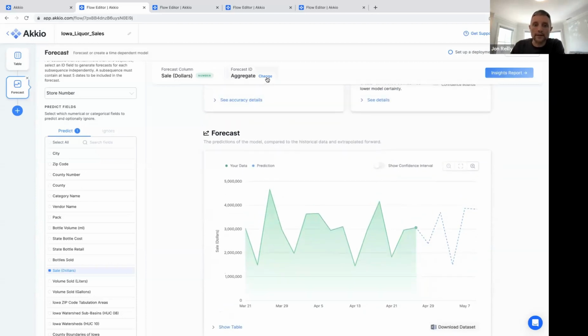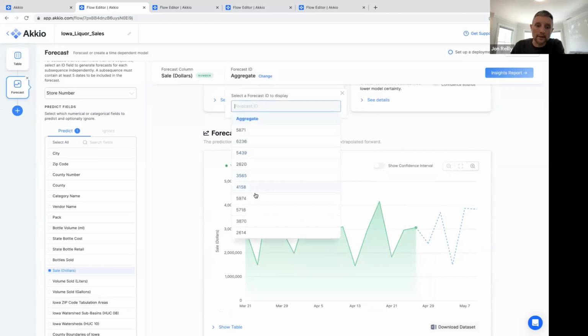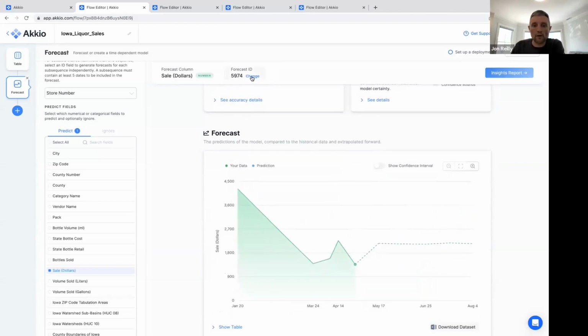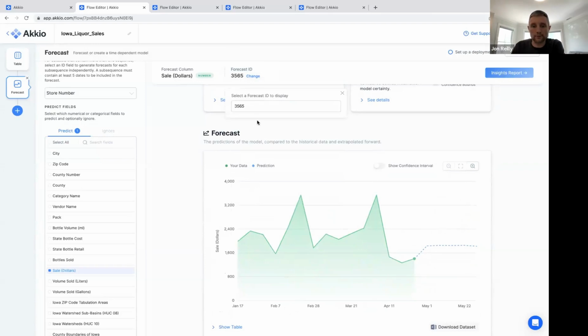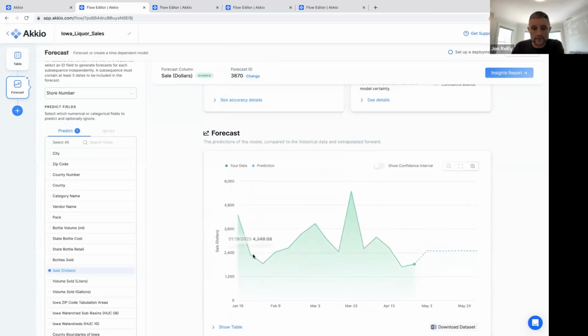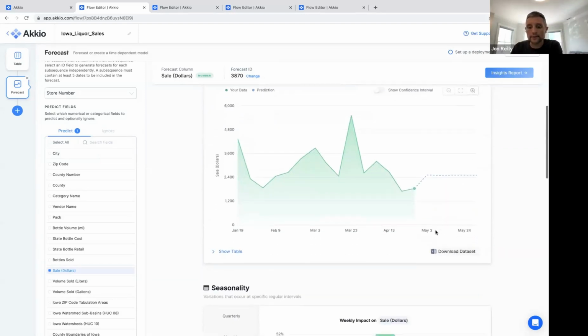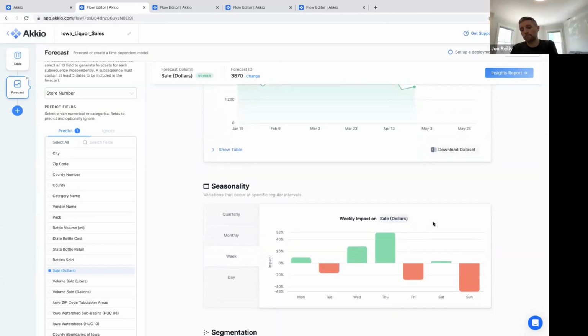But what's interesting here is, you can go down and instead of looking at the aggregate, we can pick any given store and look at its reporting and see where we think its individual liquor sales forecasts are going to go. So you can see, this store, whichever one I picked, maybe averages around 2,400, and we forward forecast that as well. And you can turn the confidence interval on that and see where it sits there too. So that makes it pretty easy for you to take a really complicated data structure and throw it right in the platform and start to generate store level forecasts and aggregate level forecasts, because we'll just unthread them for you.